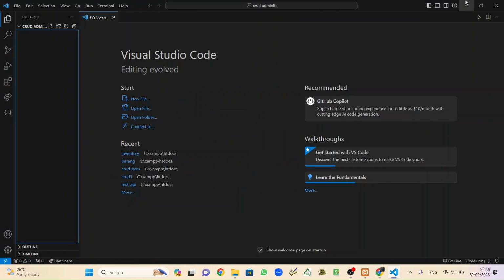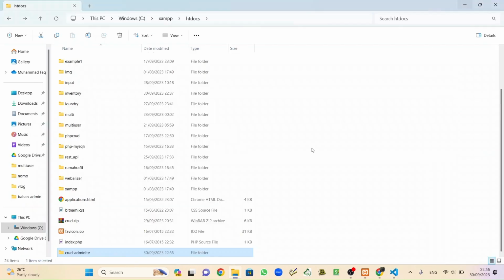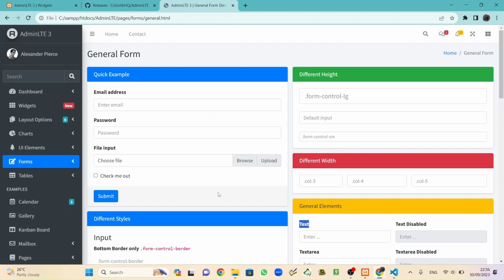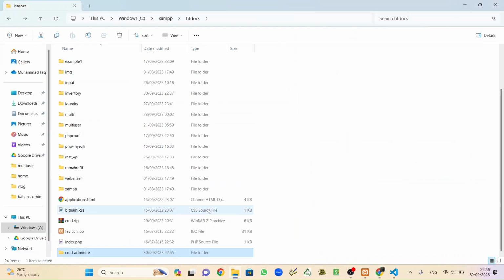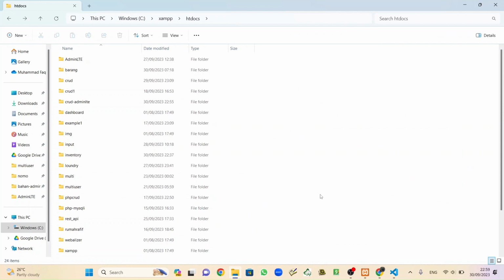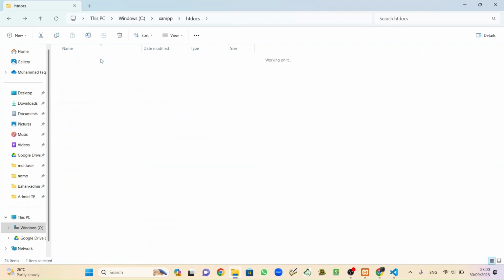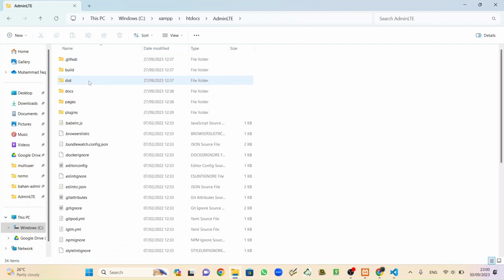Inside here we will choose only a few things, because all we need to use is this one. So we will copy these, and what we need to copy to our new folder, CRUD AdminLTE, from AdminLTE is these.